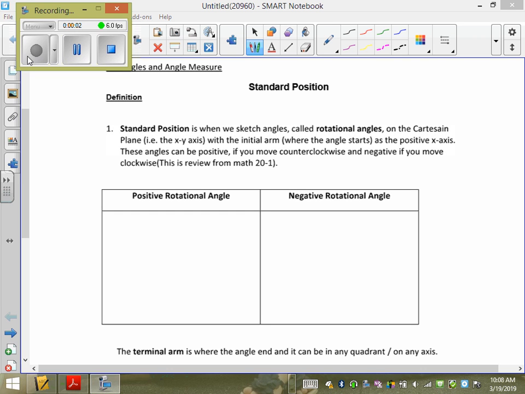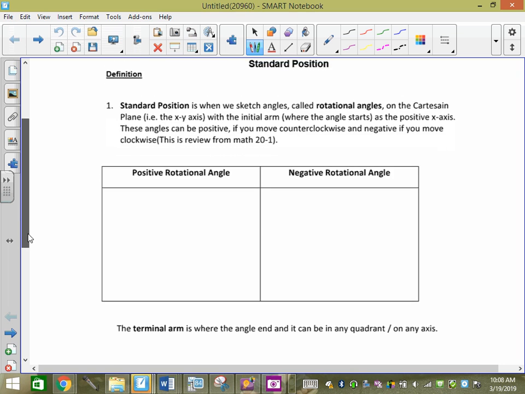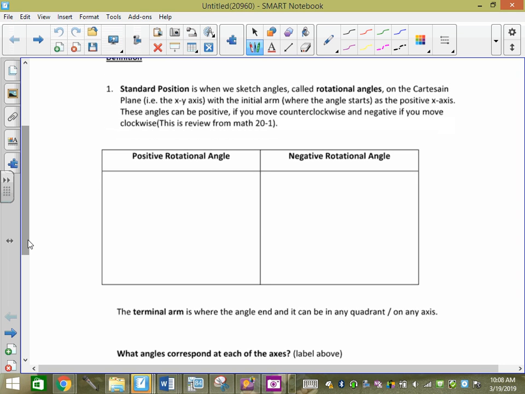So we started off doing a lot of this last year at the very beginning. The very beginning stuff, sorry, is from last year, but we also add radian measure in right away. So instead of doing everything in degrees like we did last year, we're adding radians, which is another form of measurement. So standard position is when we sketch angles called rotation angles on the Cartesian plane, the XY axis, with